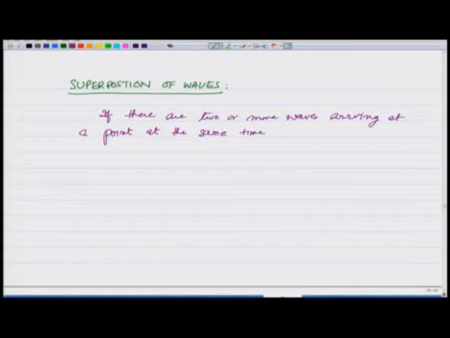That means there is a wave f1 arriving, there is a wave f2 arriving, and so on. Then the net displacement